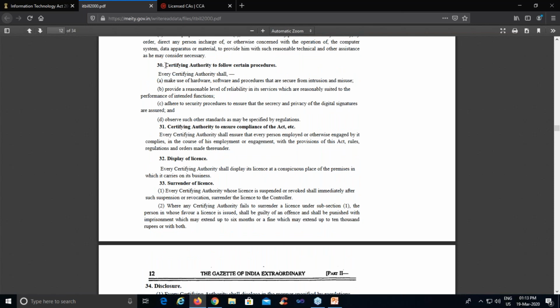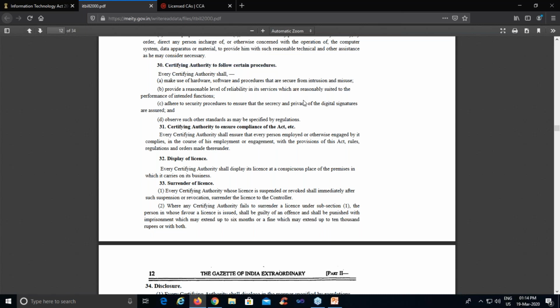Now here in section 30, certifying authority to follow certain procedure. If you want to be a certifying authority, under section 30 you should follow A, B, C, D. Then you can be a certifying authority.